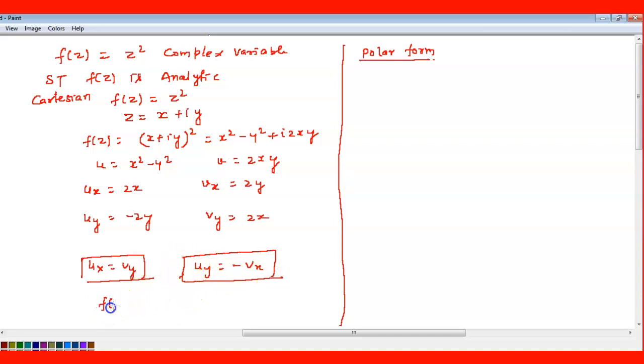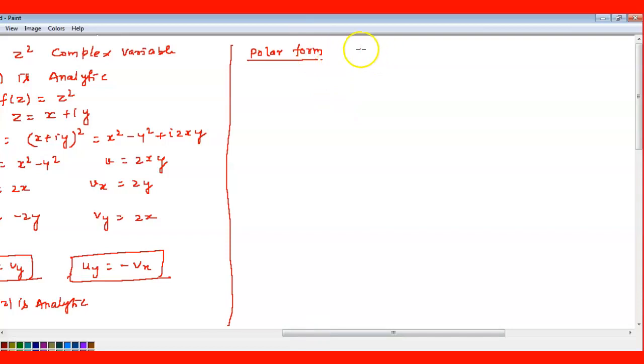Then we can write f of z is analytic. f of z means z square is analytic. Any doubt till here? This one is in the Cartesian form. If you want to solve the same thing in the polar form, then what you can write, f of z